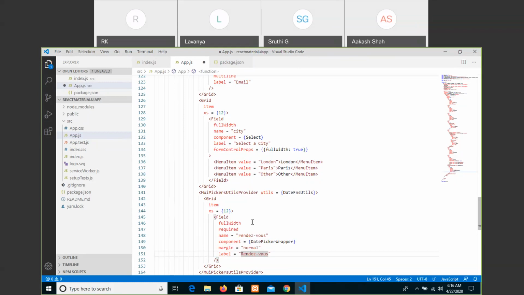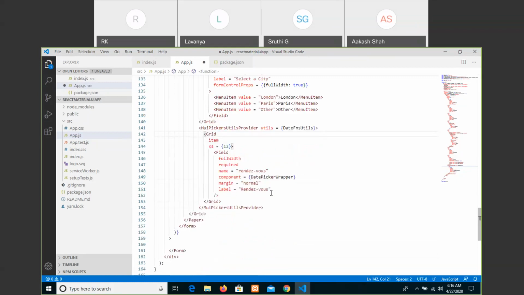In the same way, let us write here in the same combination, let us write time picker wrapper also.